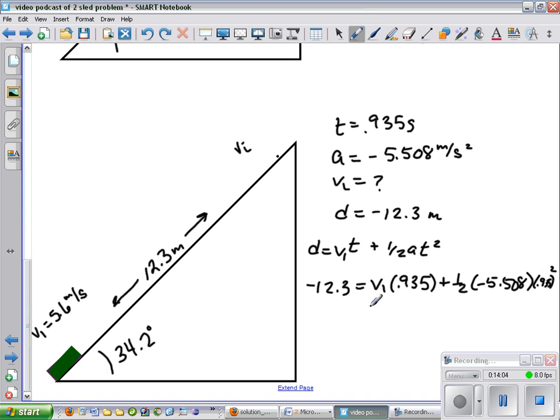All right, so let's simplify just a little bit here with our algebra. This is a number times a variable, and then this whole thing multiplied together, it's going to be negative, because here's the negative sign here. So 5.508 divided by 2 times 0.935 squared is